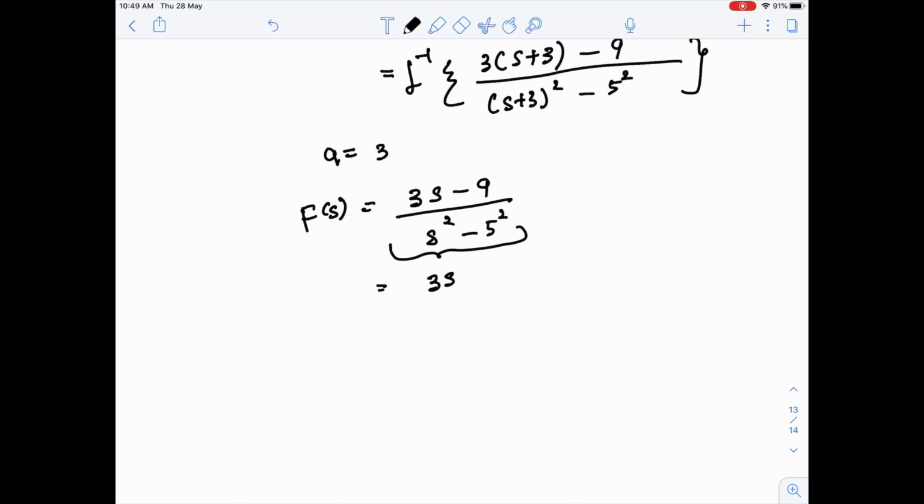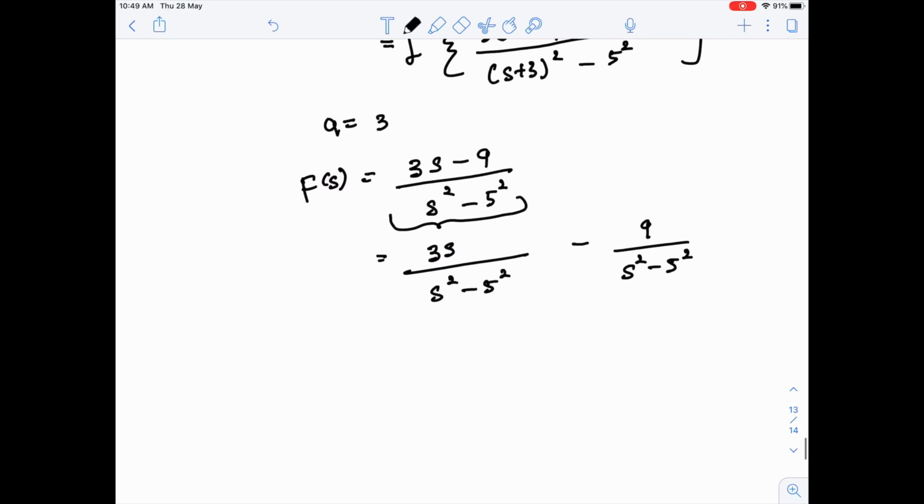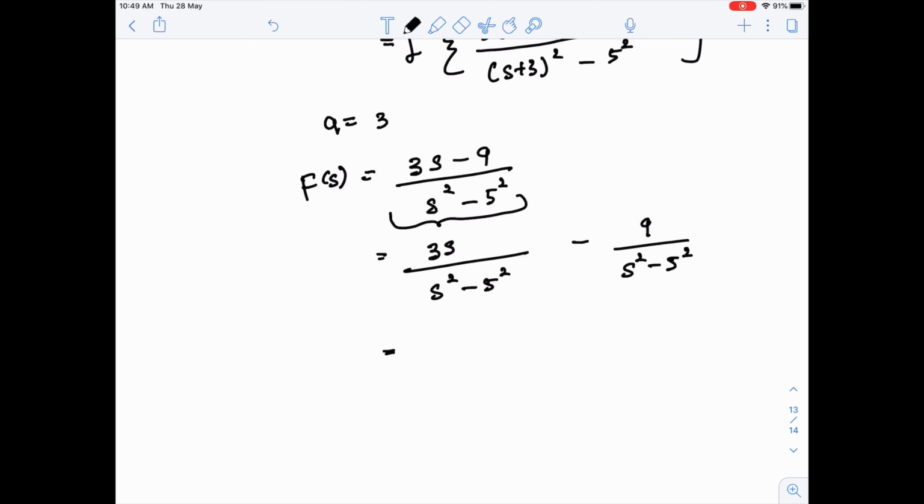You will get 3s over s squared minus 5 squared minus 9 over s squared minus 5 squared. So now you will have your f(t) for the function. For this one, you have 3 as a constant, and then you will have